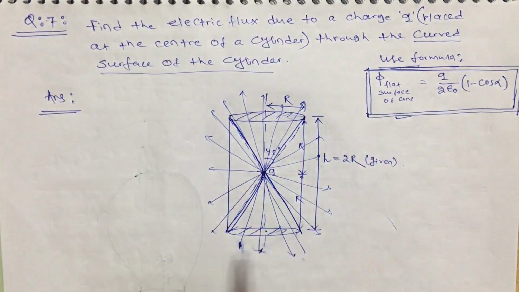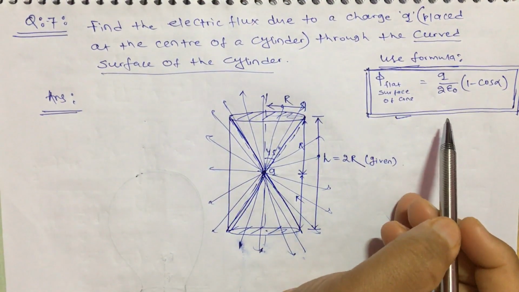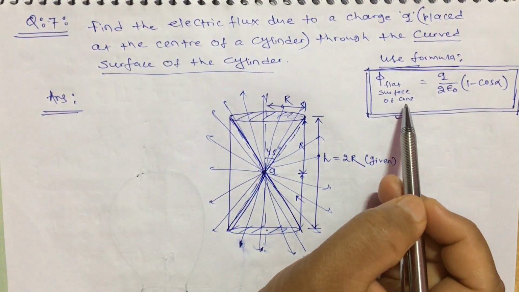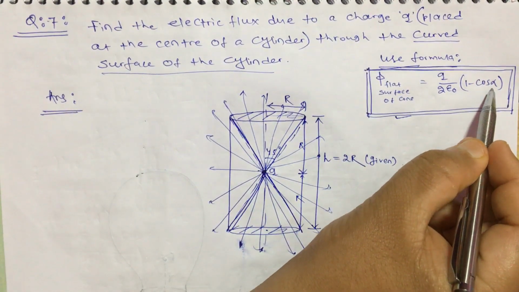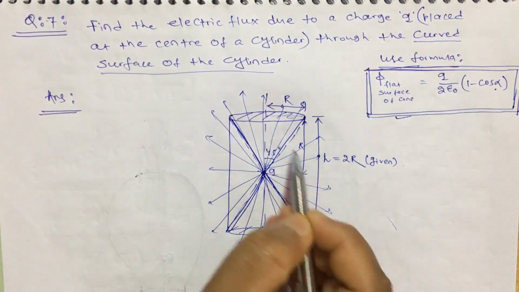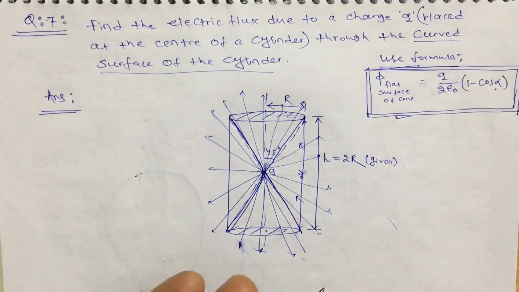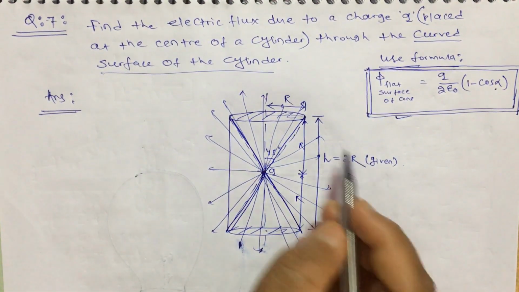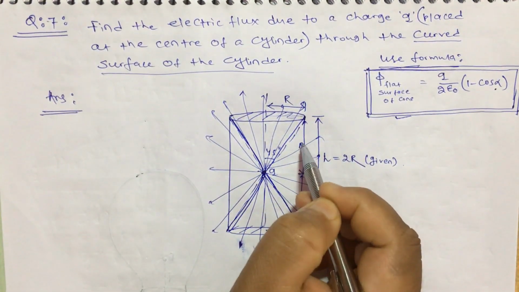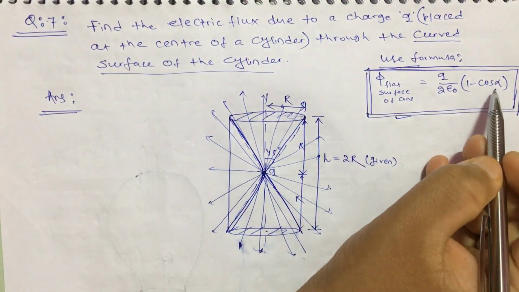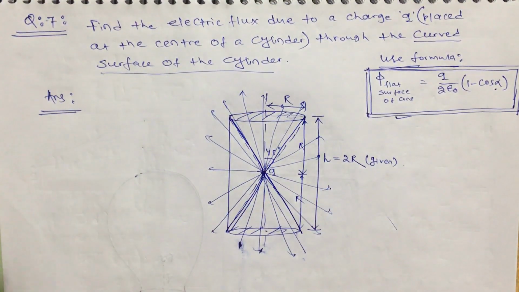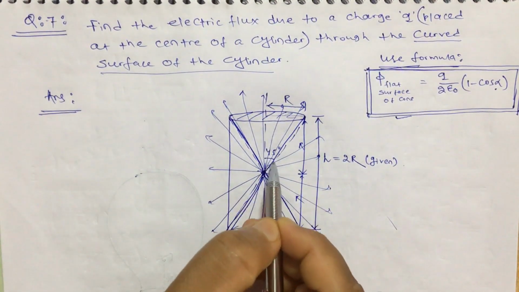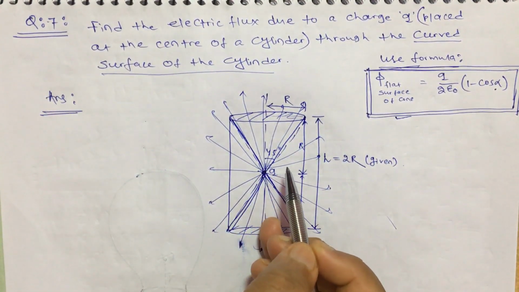Use this formula. As we know, it is the formula for finding the flux through the flat surface of a cone. In this case, alpha is given as 45 degrees because h is r. By chance, if the question does not say h equal to 2r, then you can use h by 2 here, and you can find cos alpha by using this triangle and put that answer. But it is a special case, and we know that here alpha equals 45 degrees.